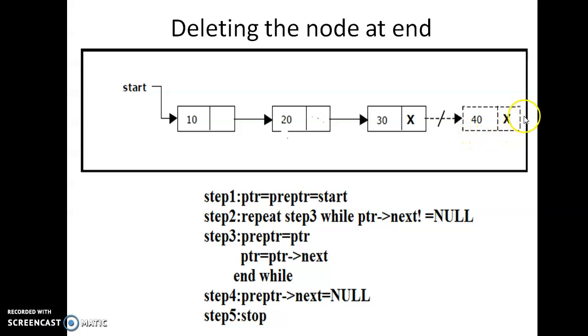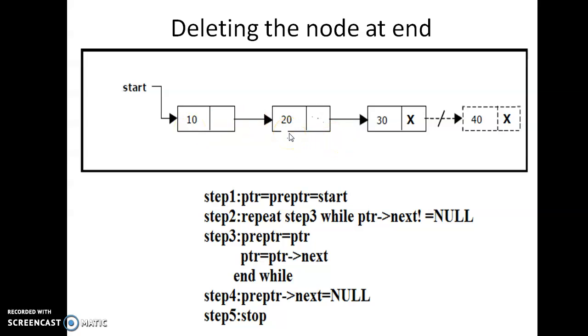Now I want to remove this particular memory location. For this purpose, I want to cut this particular link. To cut this particular link, I want the previous node of this particular pointer. So that's why we want a pre-pointer for this particular thing. So for every incrementation of the pointer to the next node, I am taking the previous node as the pre-pointer. Now if you see, is the pointer of next not equivalent to null? Yes. Now pointer is going to this particular 20 and pre-pointer points to this particular 10.